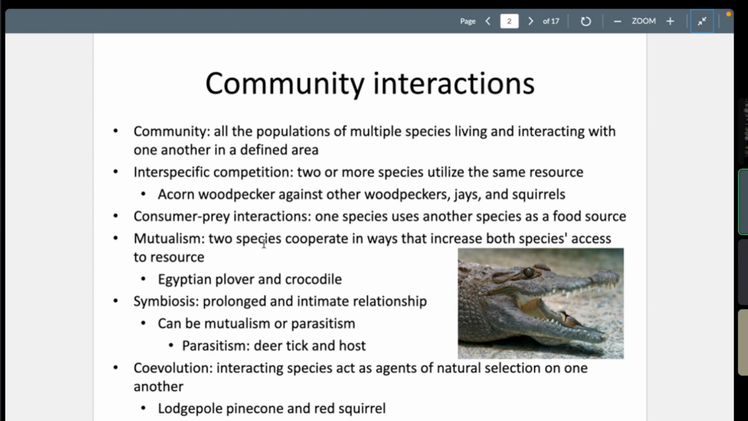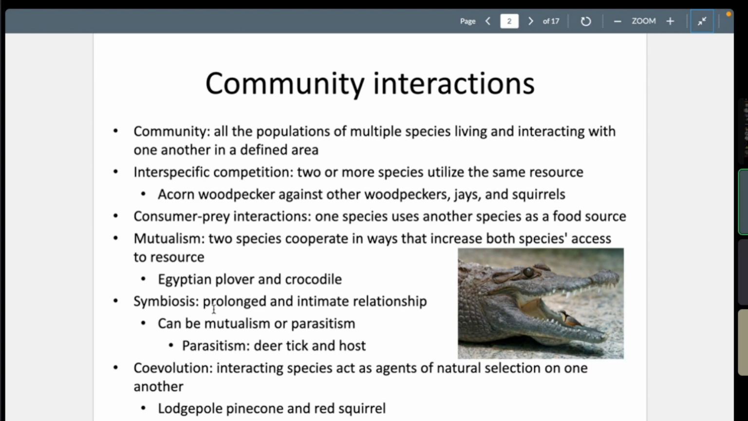Mutualism. Pretty nice. Two species cooperate in a way that increases both species' access to resources. So you have an Egyptian plover and a crocodile as an example. So I believe this is your little Egyptian plover in the crocodile's mouth. If somebody could look up how it's mutualistic,